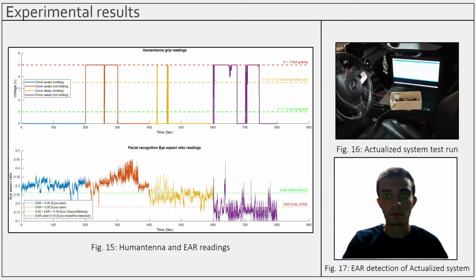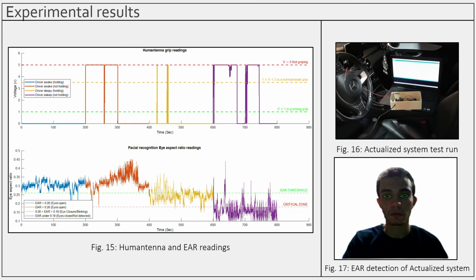Now we discuss our experimental results. Our superposed graphs in figure 15 consist of approximately 14 minutes of real-time data extracted from our setup. The graph on top represents the Humantenna effect, where if our voltage is over 5 volts, then our driver is not gripping the steering wheel, and if it's in the region in the middle, then the driver has a normal to weak grip, while having a measurement of 1 volt or less means that they have a strong grip on the steering wheel. Furthermore, for our EAR measurements, the green threshold ratio is 0.26, which means that your eyes are